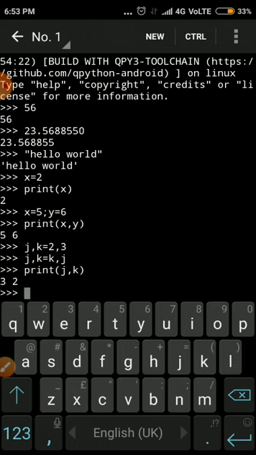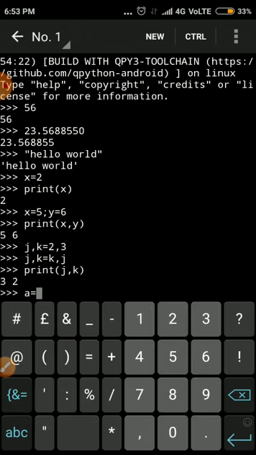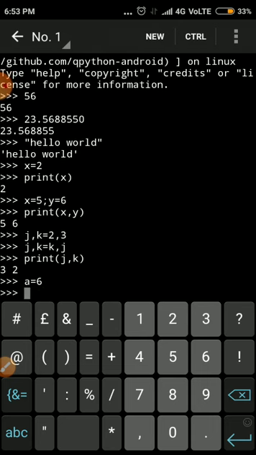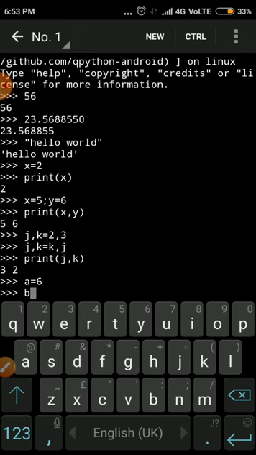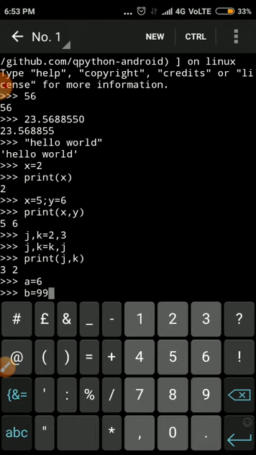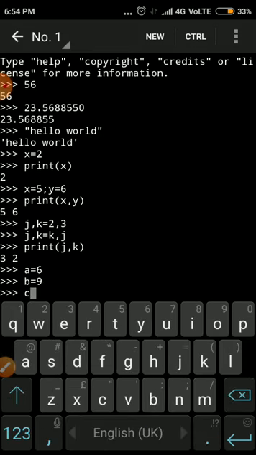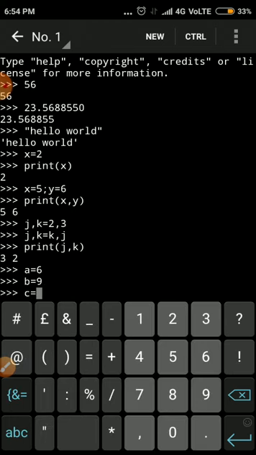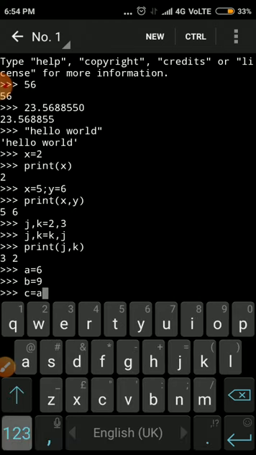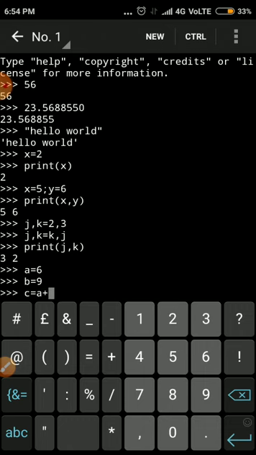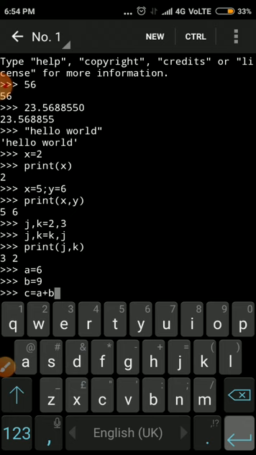Suppose I want to do addition, subtraction, multiplication and division in Python. For that, we take one value, a equal to 6. It assigns the value 6 to a. Then I take the second value, b equal to 9, then enter key. c equal to a plus b, then enter key.